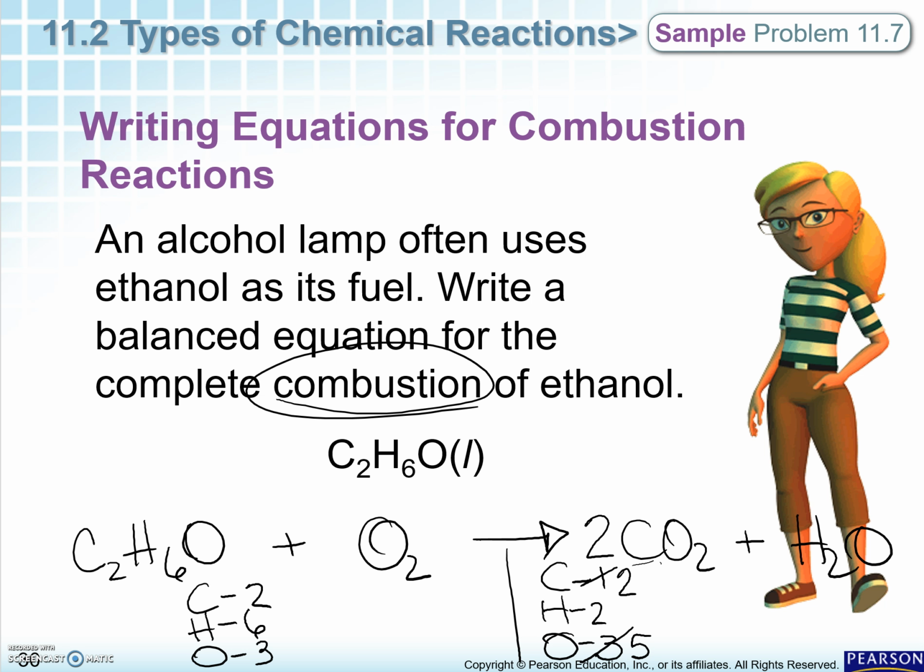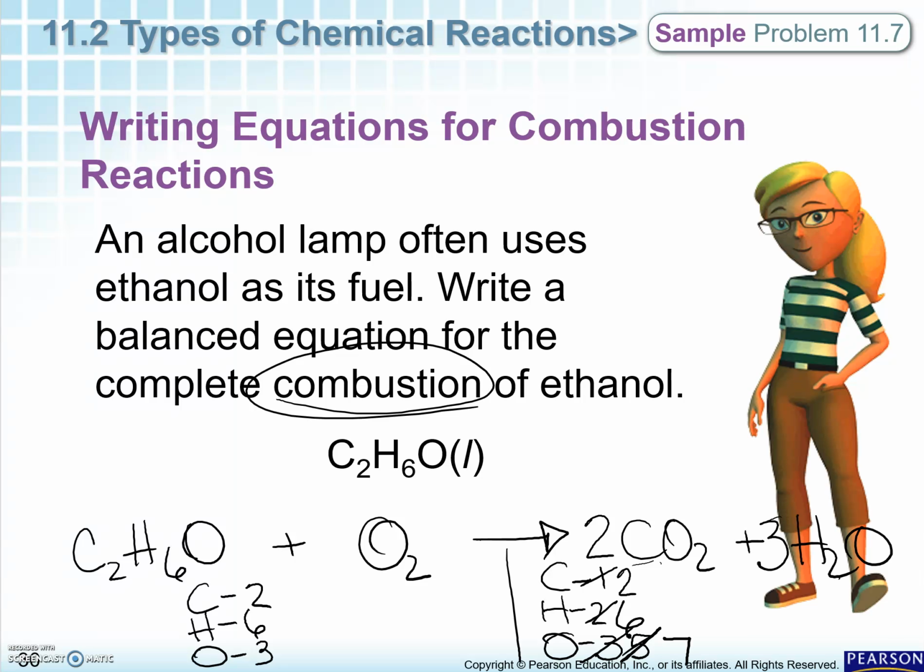Now let's take a look at our, excuse me, our hydrogen situation. So we definitely need more hydrogens here on the right side in our product side. So what coefficient would get this little 2 over to 6 like we have on the reactant side? I think 3 is our best option. So 3 times our subscript of 2 will give you 6, but that also changes how many oxygens you have. So you have 4 from our carbon dioxide and another 3 from our water to give you a total of